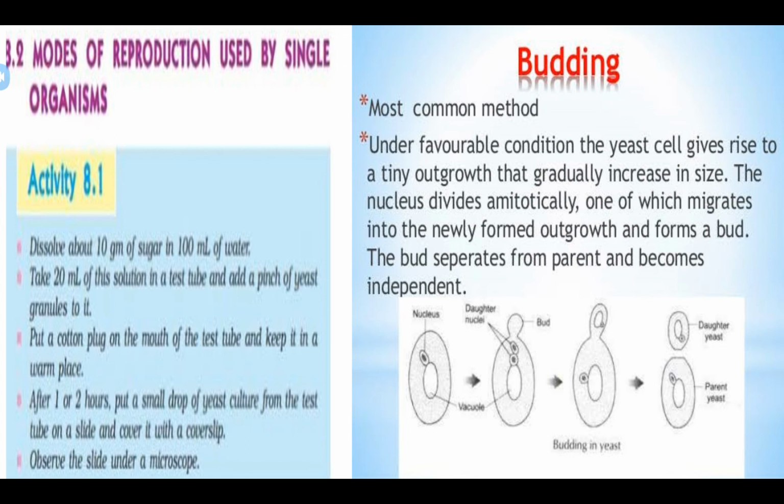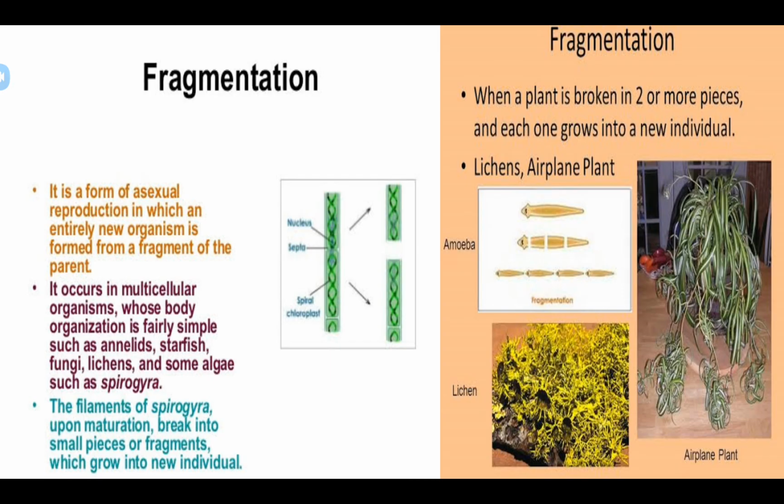These buds gradually grow, get detached from the parent cell and form a new yeast cell. These yeast cells grow, mature and produce more new yeast cells. Here you can see a long chain of buds also. One bud arises from another bud, so they can form a chain of buds. In this process a large number of yeast cells are produced in a short time. So what is the asexual method for the production of new cells in yeast? Budding. Budding is the asexual method for yeast.